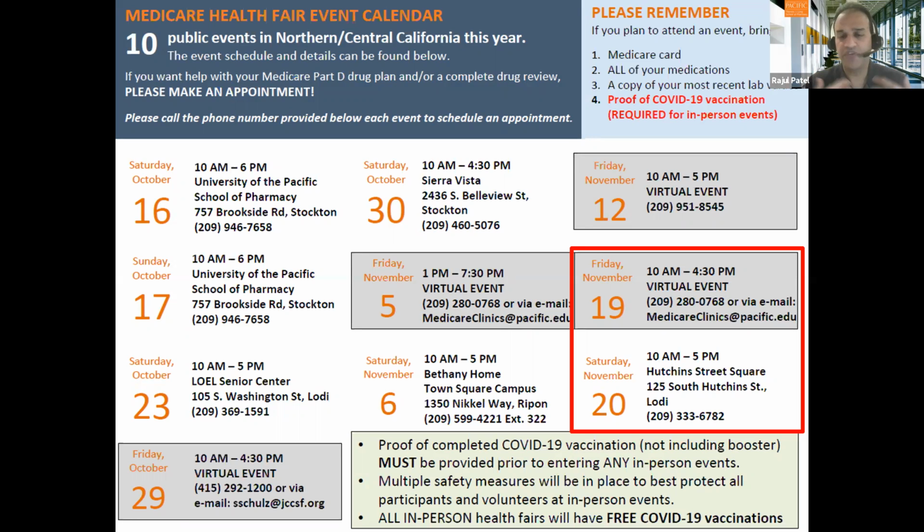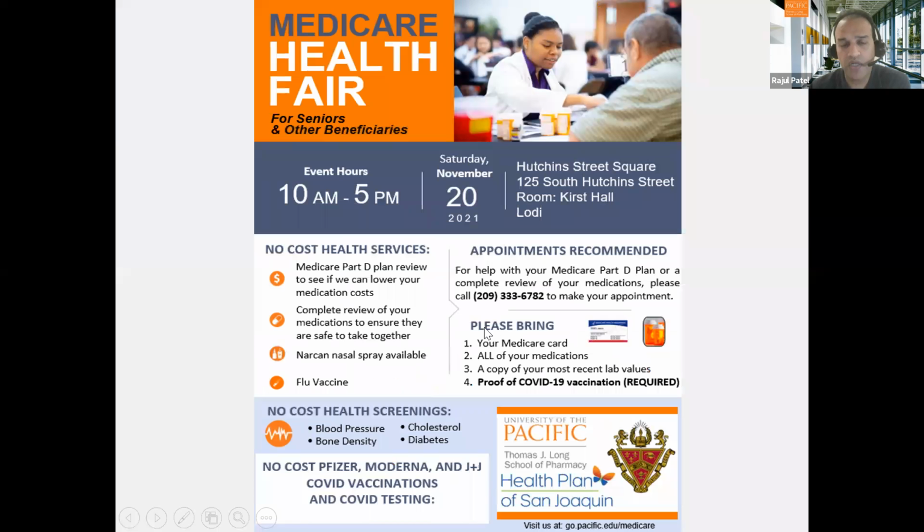One of which is, if you want to attend, one of the requirements is that you provide proof of the initial series of the COVID vaccination. Okay, every person that you're going to see there is in the same boat. All of the pharmacists, all of the community volunteers, every pharmacy student, we have verified that that's the case, and we have to do that with the participants as well.